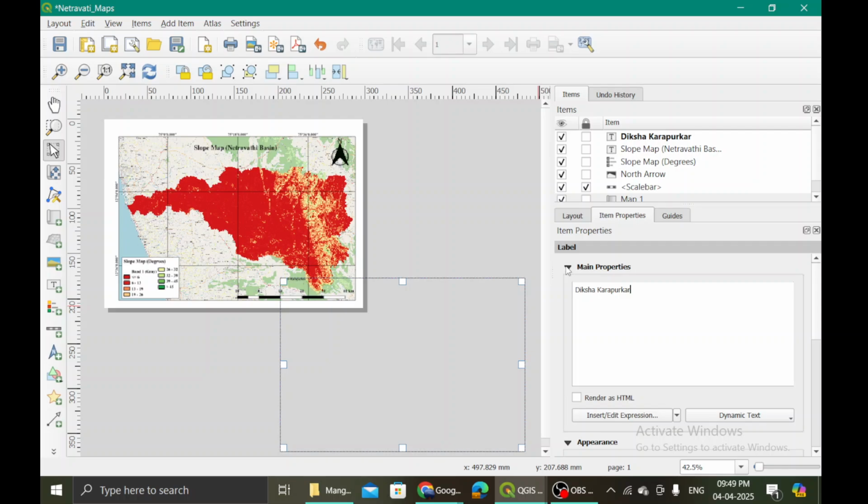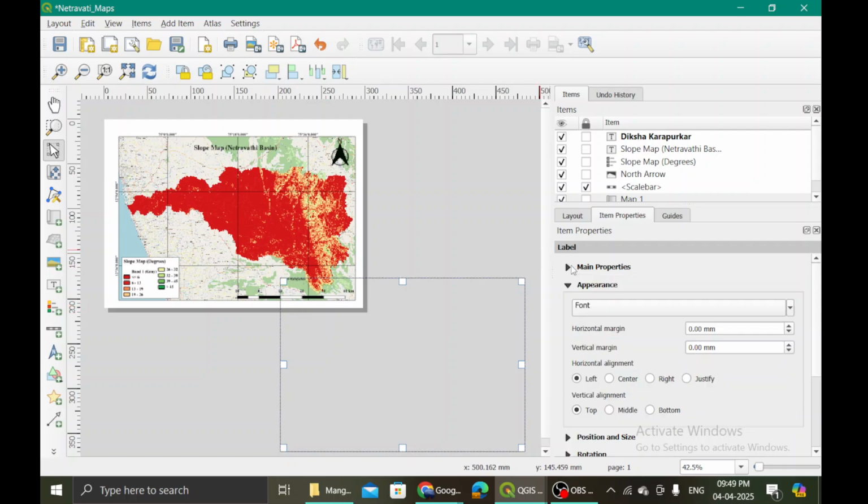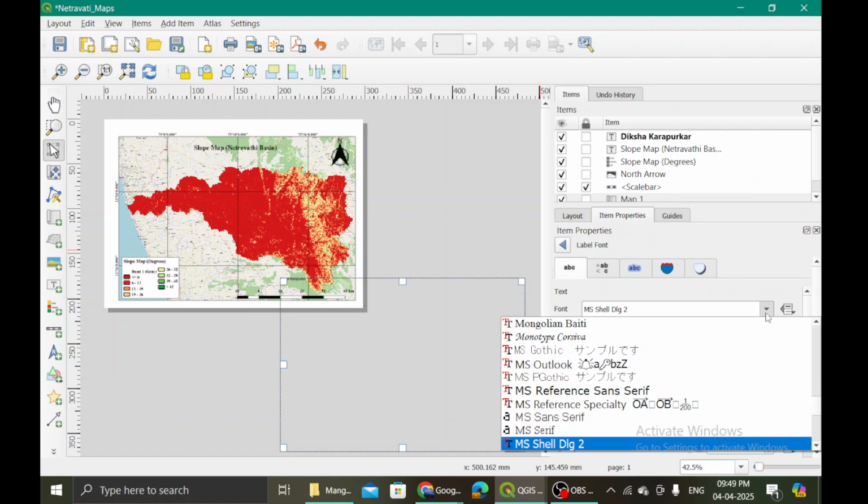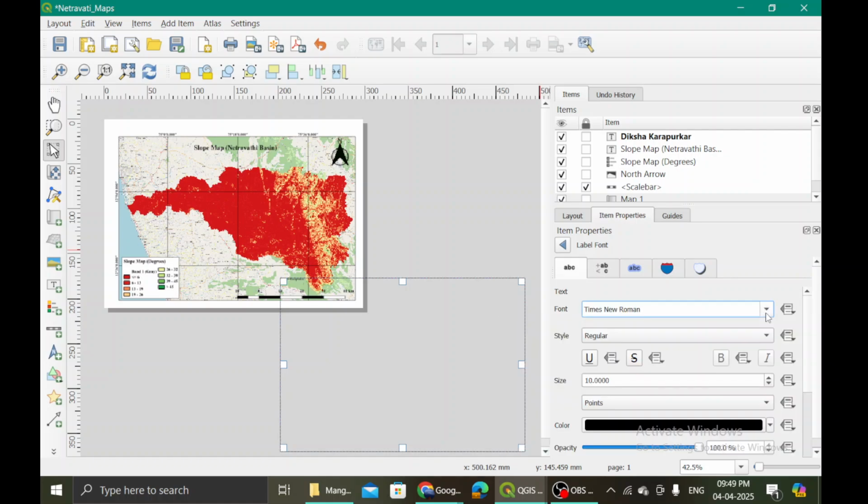So you can add this, and then again the font Times New Roman, maybe italic, and 10 seems to be too small, so maybe 12. And besides that, what else?